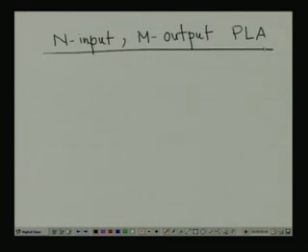So, first we will consider the programmable AND array. As it is an n input, so there will be